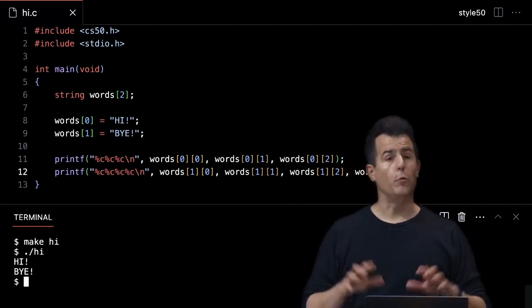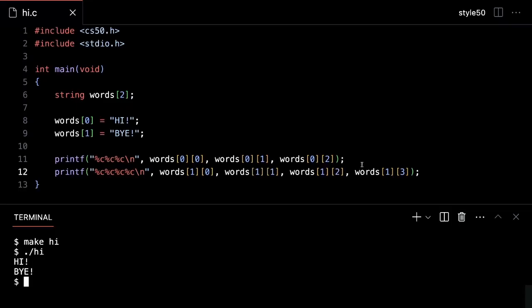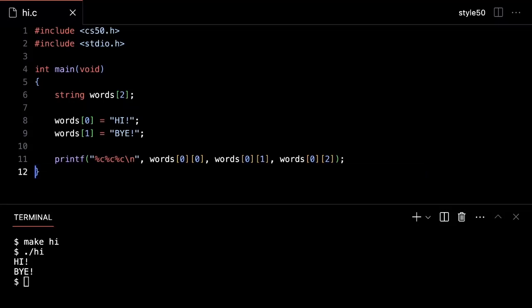Oh, really good question. It will. So for those who can hear, if you were to look past the end of one array, would you start to see the beginning of the second? In this case, maybe the word bye. Could depend on the particulars of your code in the computer. Let's try this. So let's get a little greedy here and go one past hi exclamation point null character by looking at words bracket 0 3, which should actually be our null character. So that's going to be there. And actually, let's see.